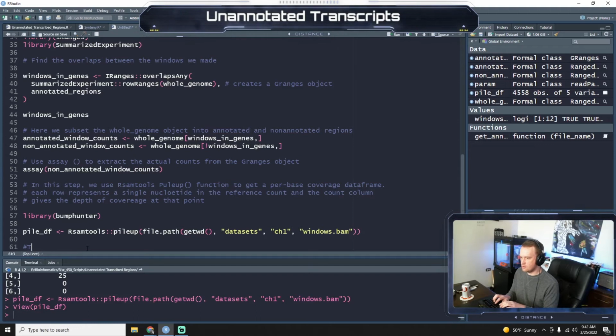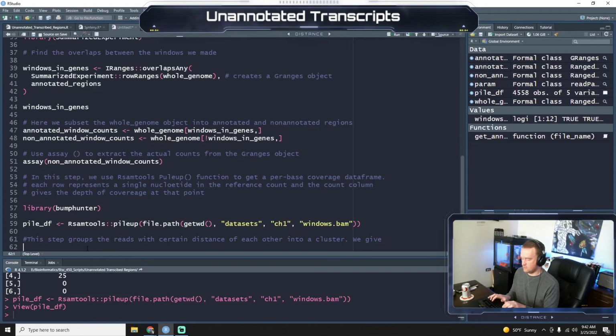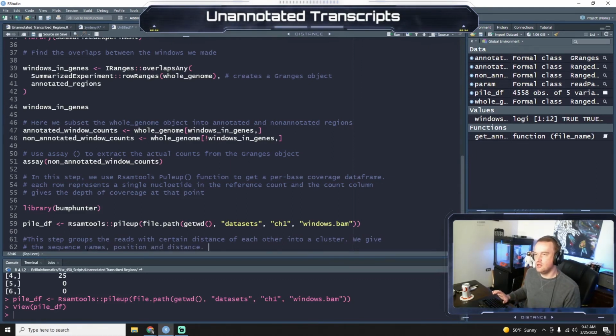Okay, so this step groups the reads within a certain distance of each other into a cluster. We give the sequence names, position, and distance. Okay, so when you have a transcript read,